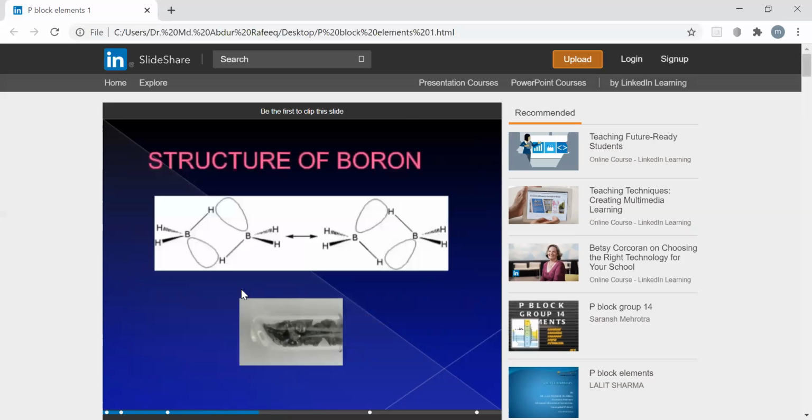Structure of diborane. This is the structure here. The terminal hydrogens and the remaining hydrogens here, B-H-B, form a loop here. You see the sp3 orbital of one boron and the sp3 orbital of the other boron. These two orbitals overlap with the s orbital of hydrogen and form this loop, the boron hydrogen boron bond.